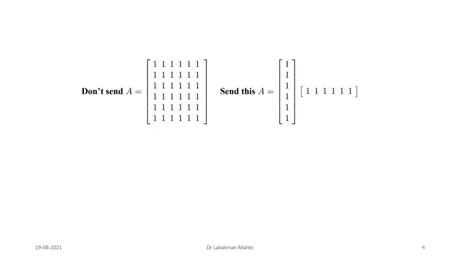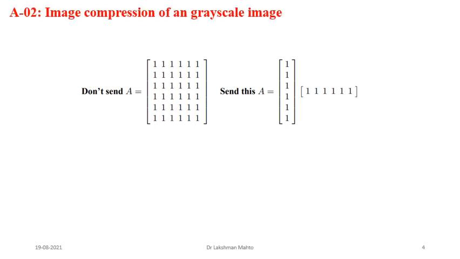Before going to that, I will talk about one more interesting application of the matrix in the form of a one rank matrix representation. On the left hand side you can see a matrix whose entries everywhere are one. So every entry is one in this matrix. If you try to count, how many rows and columns are there? 1 2 3 4 5 6. So 6 rows are there, and 1 2 3 4 5 6 columns. So in total it is a 6 by 6 matrix.